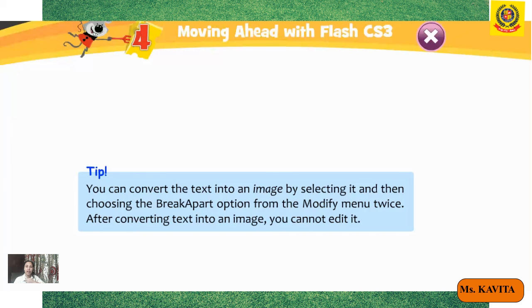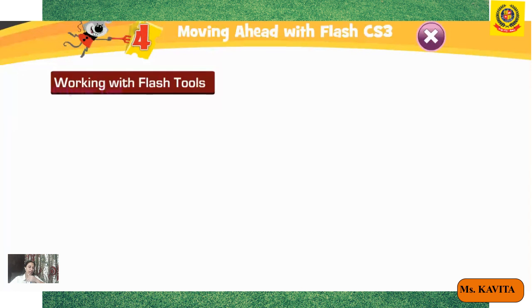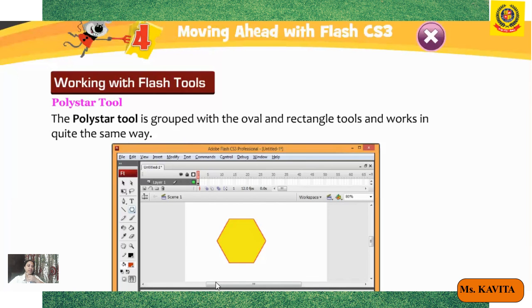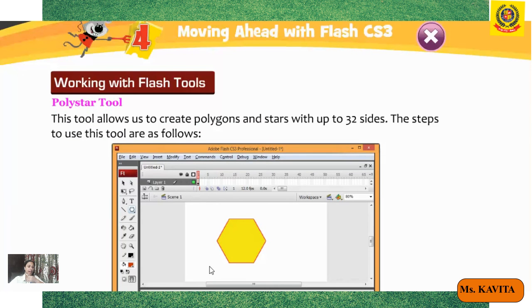And children, there are 4 types of alignment. Already I have explained to you: left, right, center, justify. You can make the text bold, italic, underline. So first select the text, then click on the font, then choose the font size, font color, then alignment. Then if you want to make it bold, underline, italic, you can make it.